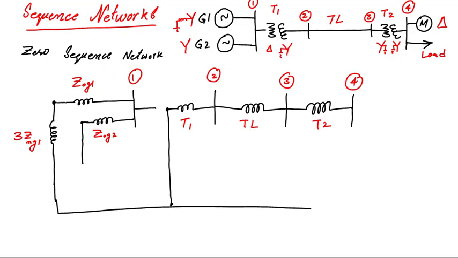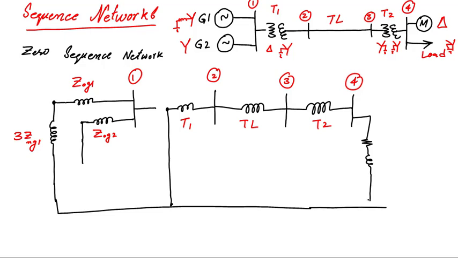Now next, first we draw the static load. Its impedance will be similar to that, assuming that there is a Y grounded load. So let's draw its impedance as it is. Although its configuration is not given, let's add that configuration as well. This load is connected in Y and with the neutral solidly grounded. So here we make its connection with the ground through zero impedance.